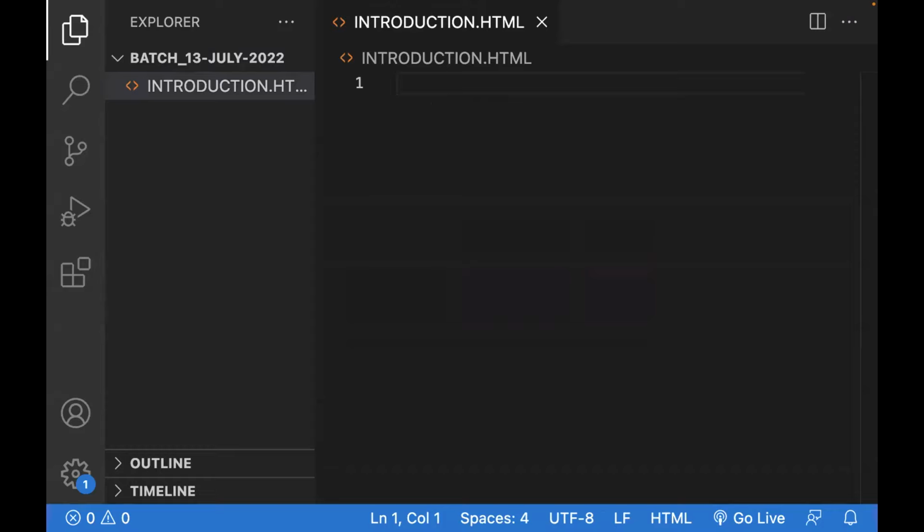So before jumping into the structure of HTML, we must know the advantages and disadvantages that we got going from the previous HTML to the present HTML. Because for every product there will be old versions and a new version. Okay, right? So if you take WhatsApp as an example,